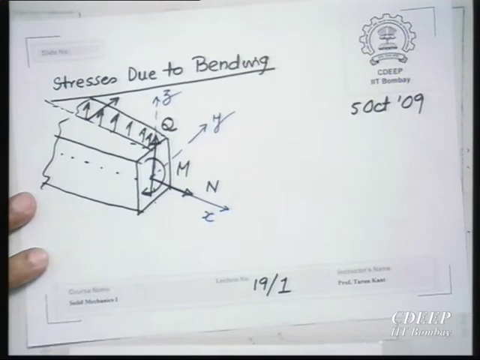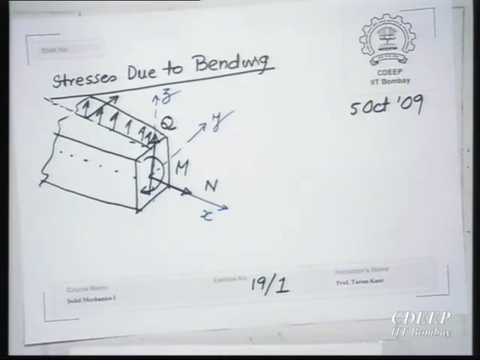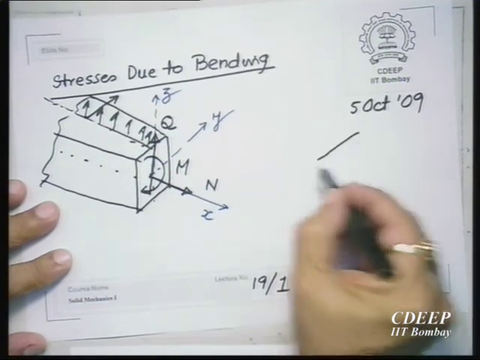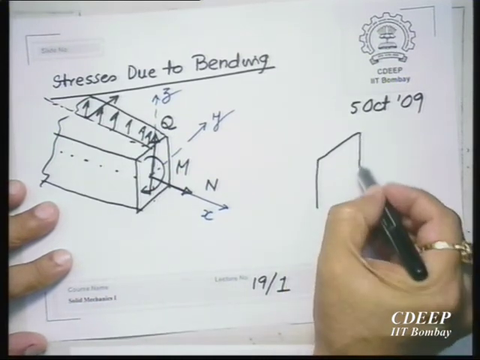Now today let us simplify the problem and first learn what happens if you have only one, that means pure bending. If you have only bending moment,